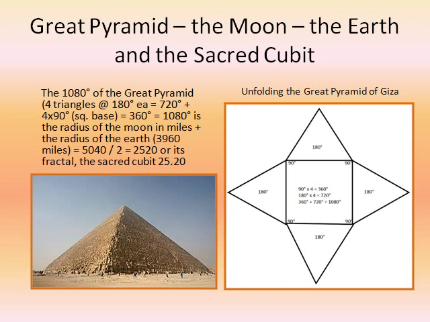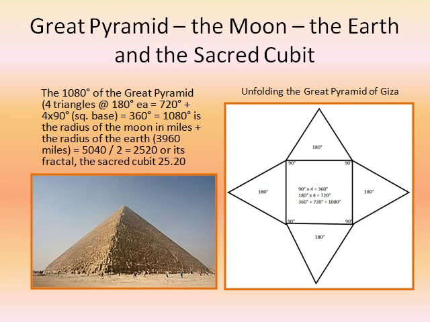We're also going to see 4 triangles, which will equal 180 degrees times 4 equals 720 degrees. Together, 360 degrees plus 720 degrees will give us 1080 degrees. The 1080 degrees of the Great Pyramid, 4 triangles at 180 degrees each, equals 720 degrees, plus 4 times 90-degree right angles equals 360 degrees, for a total of 1080 degrees, is the radius of the